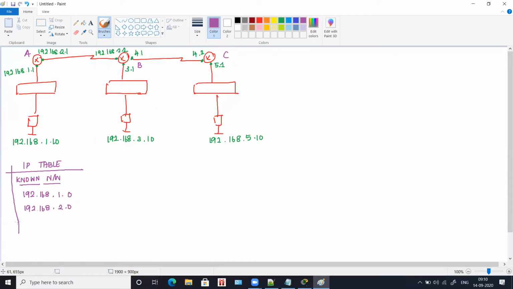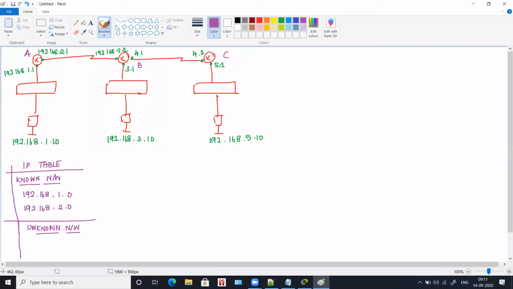Now let's write the unknown network. This router is actually connected to other routers, so the unknown networks will be the others. 2.0 we already have as a known network, so we leave that.